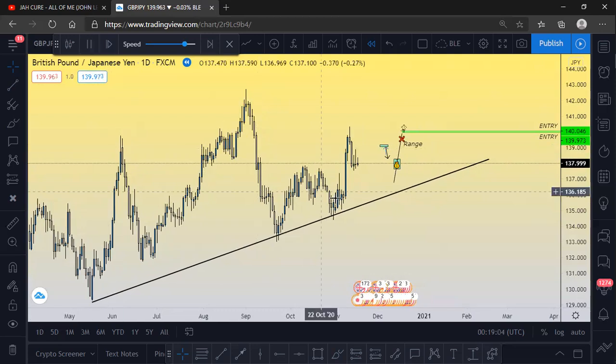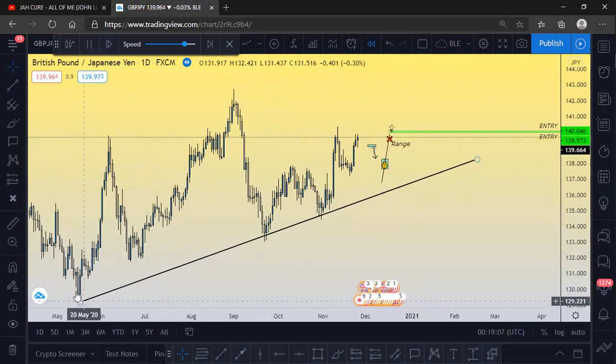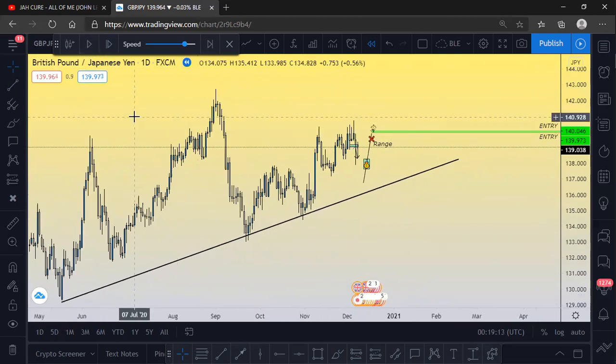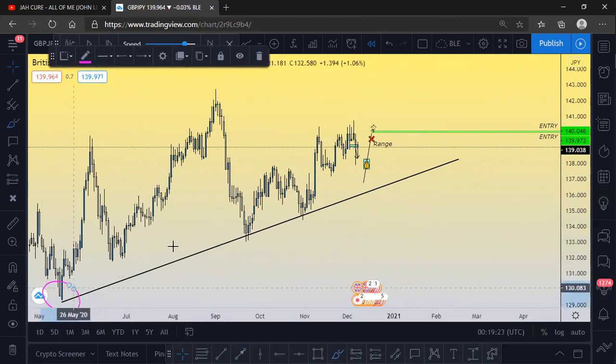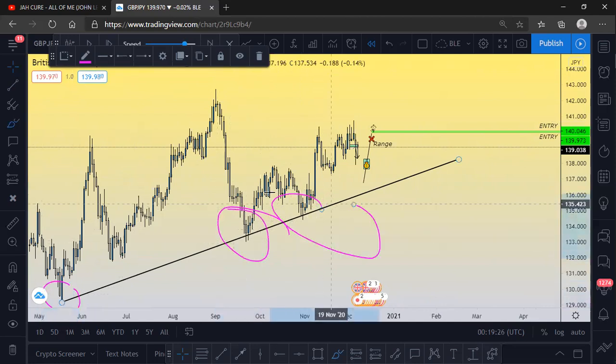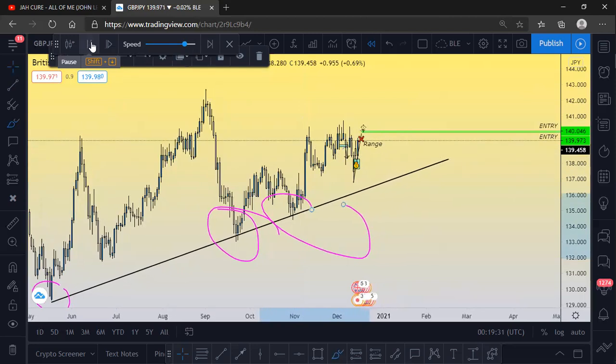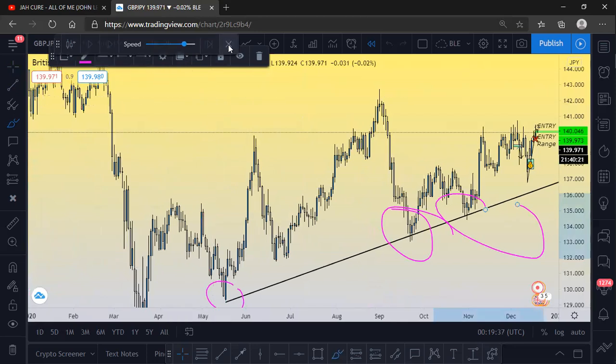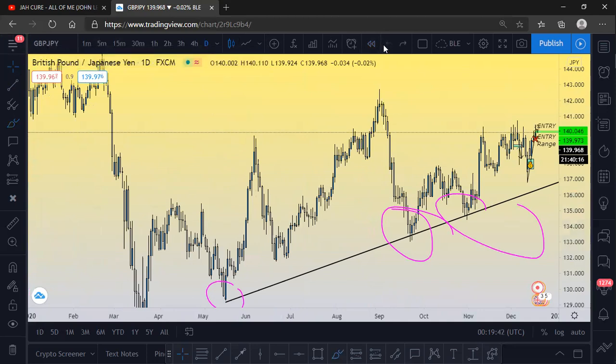You can see how we had the rejection. So now we have three confirmations: the first here, the second, the third. And one thing you should know is the more the candles reject off the trend line, the weaker it becomes. So now we have the first here, the second, the third. Let's see if we can get a fourth. That's basically everything. So then we had just three touches.